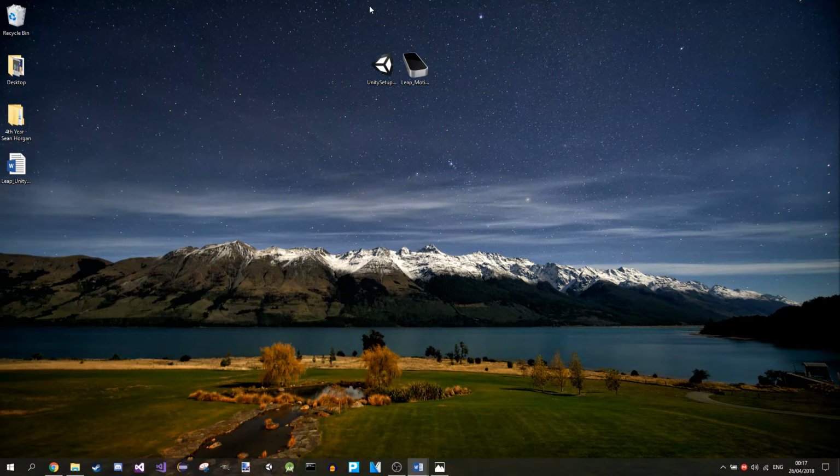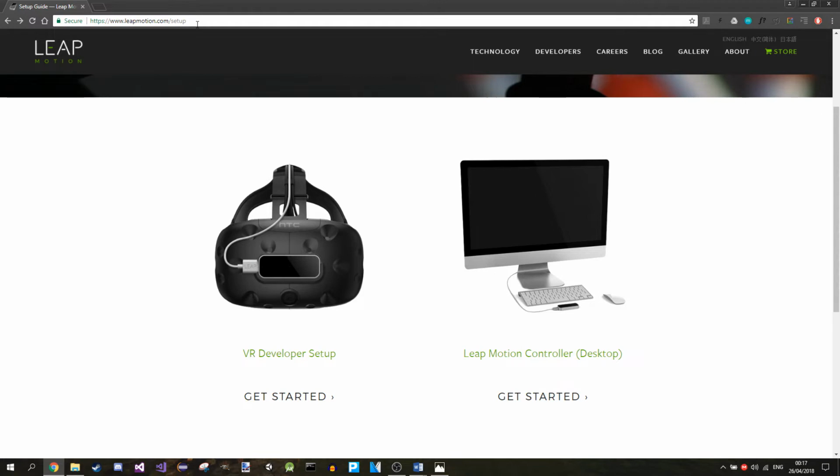We'll also download the Unity game engine installer just to cover it for anybody who doesn't have it installed. Now I have both of these files already downloaded, since they're quite large files, about 400 or 500 megabytes a piece, just for the sake of saving time. And we'll also need a couple of Unity packages supplied by Leap Motion to get the controller working in Unity quite quickly. And to download these, we'll open a browser, and for Leap Motion we'll go to